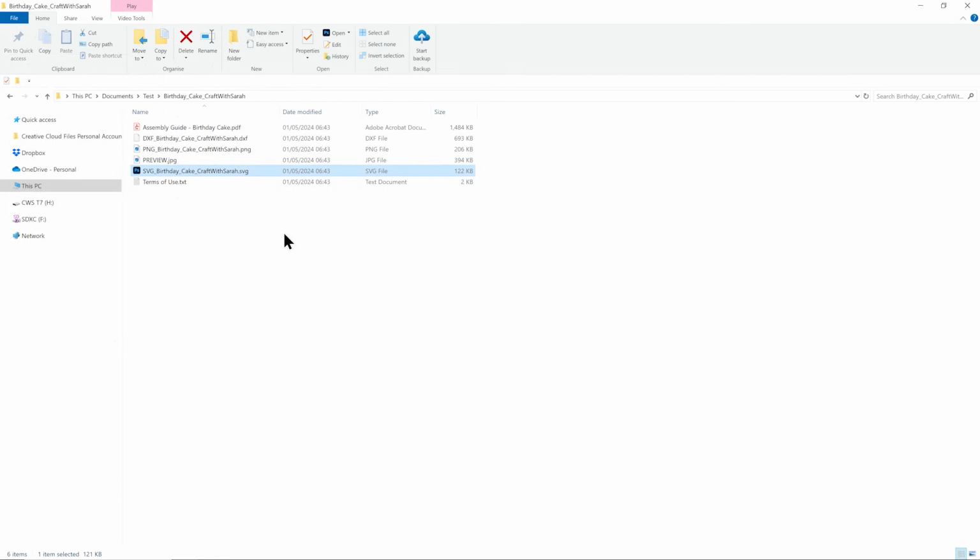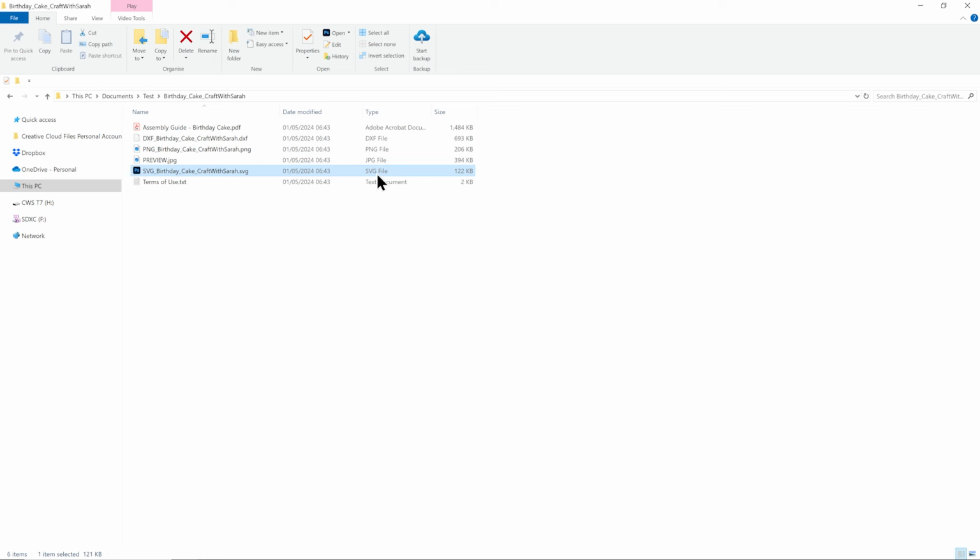You'll see with my SVG file, it's showing as an SVG file under this type column. Again, this can vary based on your particular type of computer and what programs you have installed and things like that. You might find that yours says HTML document under here or Microsoft Edge file instead of SVG file.